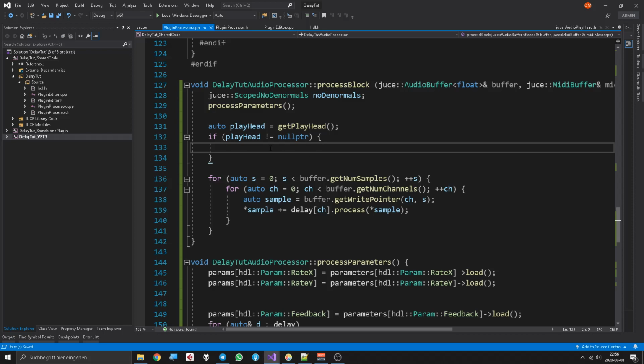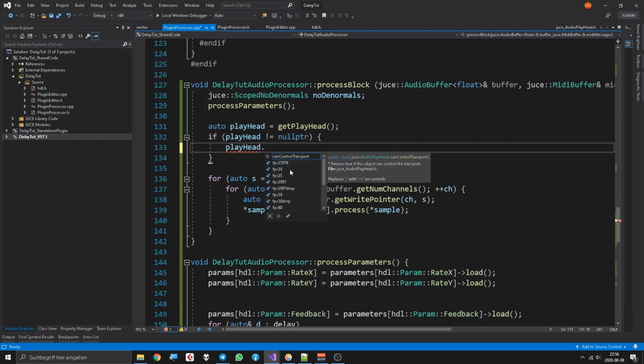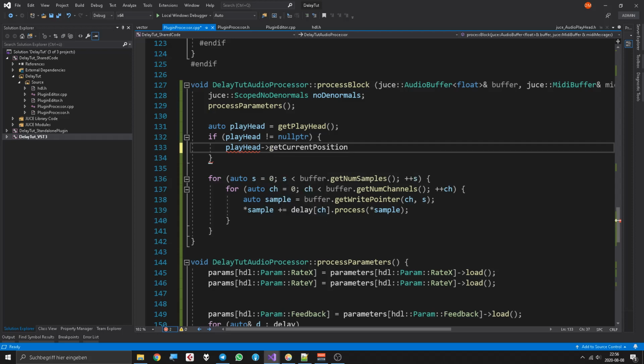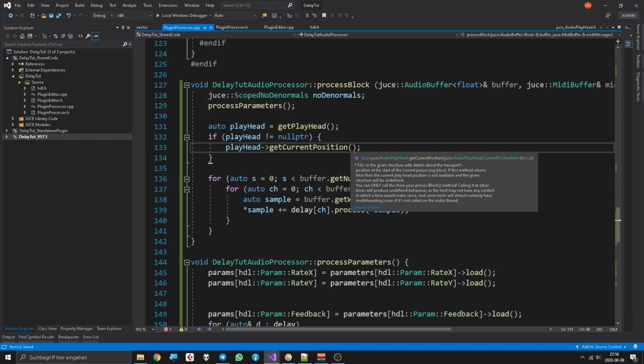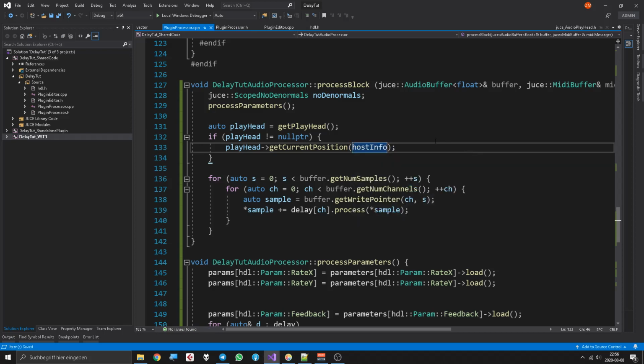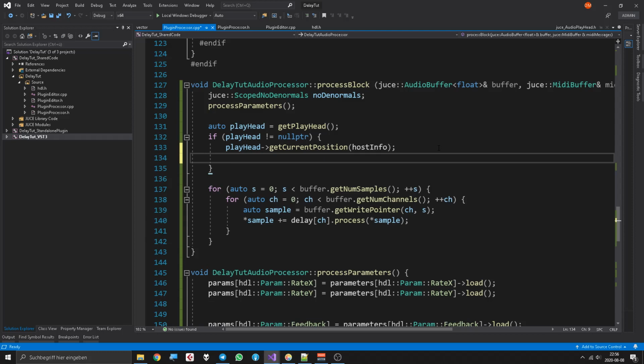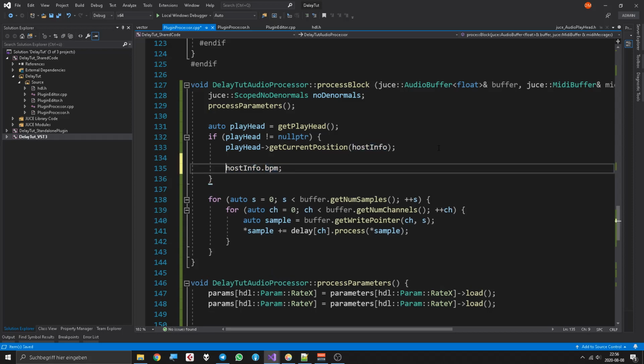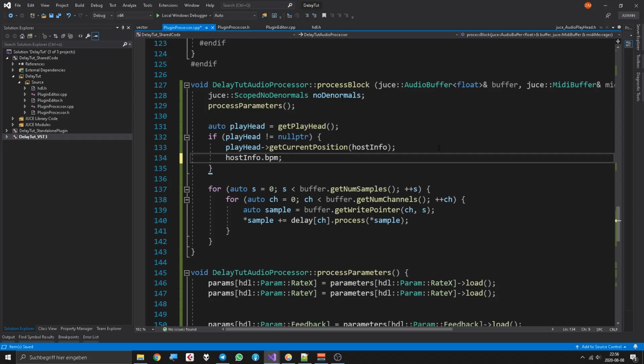I think at this point we can already get information from it. Initialize check, get current position. Oh, this is where we have to give it the current project position. And now the host info knows about the current position, I guess. Yes, now we have the BPM argument already laid out for us. Now all we need is